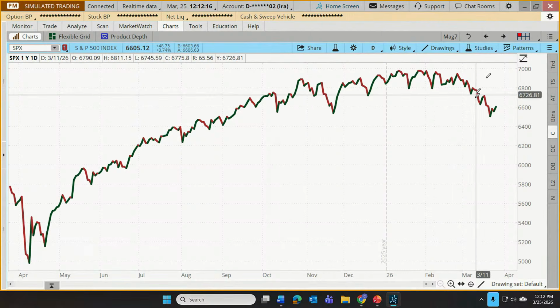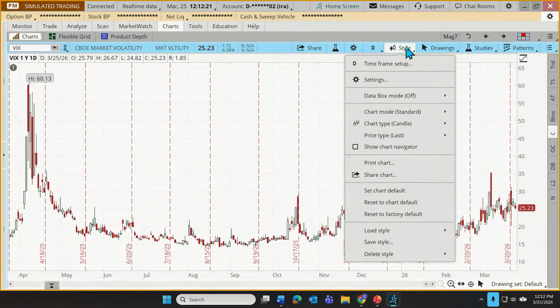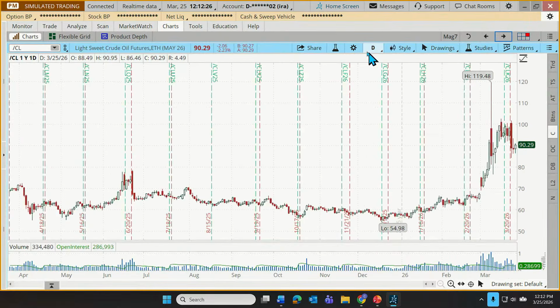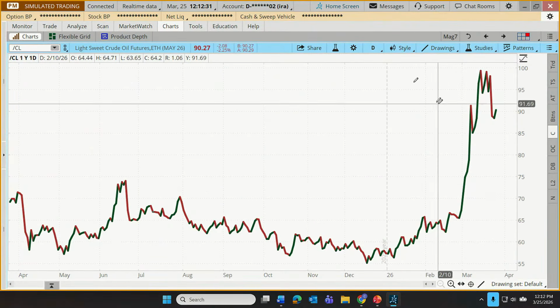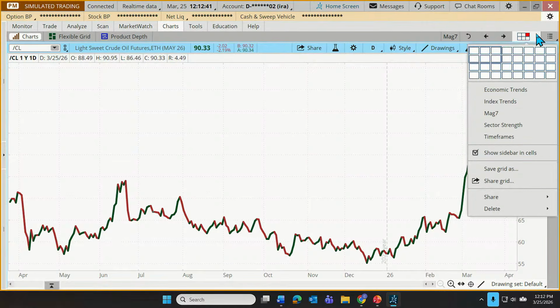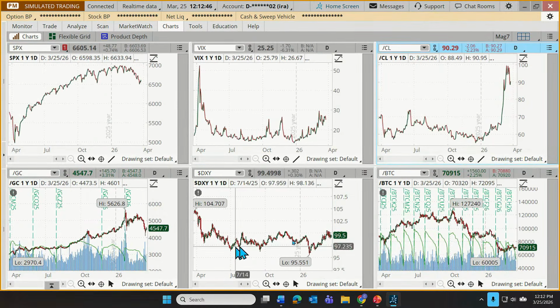And now what we can do is just move to our other charts, and we can just change the style of each one of those. So let's load up our style to a thick line and move on to the next one and load that style to a thick line. And you'll notice it's just cleaning up the lines and making it just like our trader here likes. We haven't made the other changes though. So if I were to click the revert icon, you can still see a few that we haven't changed yet. But once we make those changes, we get these nice clean line charts.